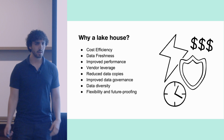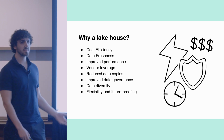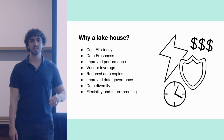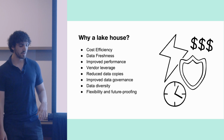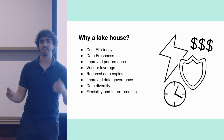So why a lakehouse? Why would you move over from something that's fully managed in such a nice world, the Snowflake and the BigQuery where you just put data in and get data out? It turns out that there's a lot of reasons that you might do this. A lot of them have to do with cost effectiveness and performance at scale, but a lot of them actually have to do with flexibility in terms of how the data is organized, how the data is accessed,